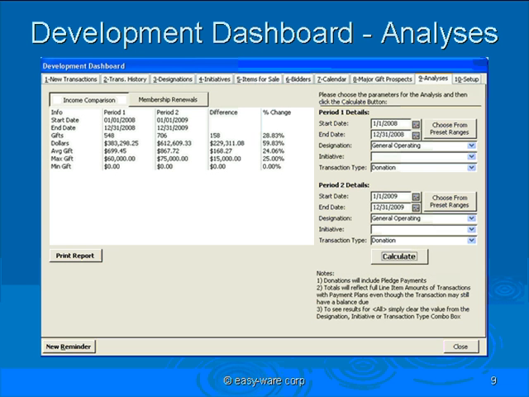When we look at the development dashboard analysis, it then gives you overall. I'm always wanting to know how our cash flow is going to work. I use QuickBooks Online for that. This integrates with that software product as well. But I'm always wanting to know how we're doing with our membership, with our pledges and with our gifts and our prospects that are given us. So this gives us a really quick analysis on how we're doing from quarter to quarter, period to period, and what the average number of gifts are and how this is working for us.